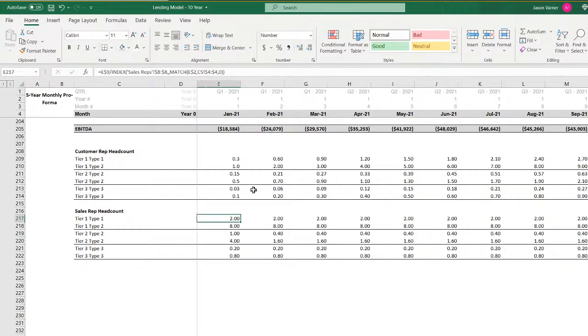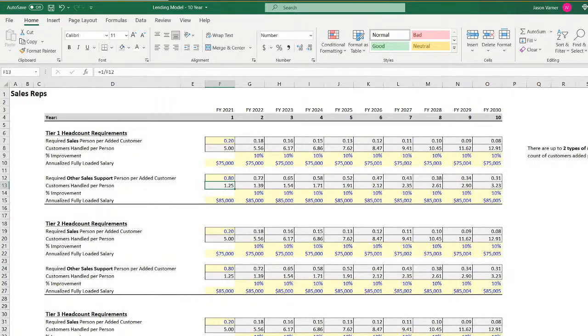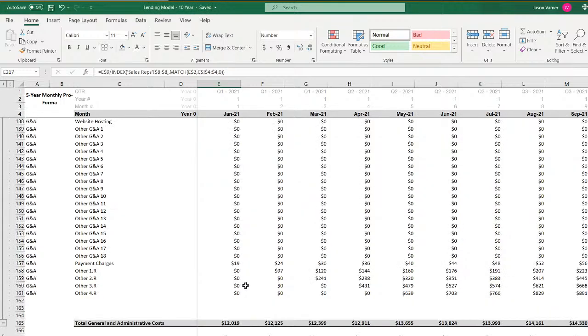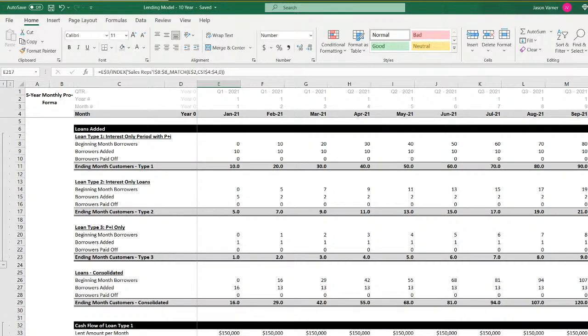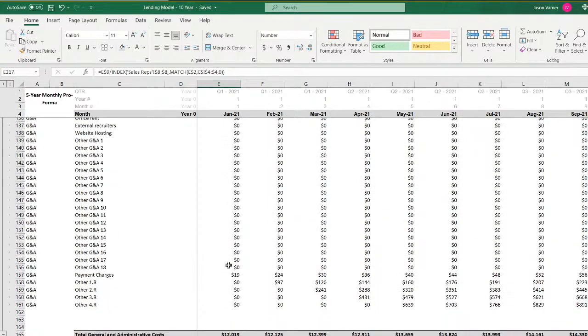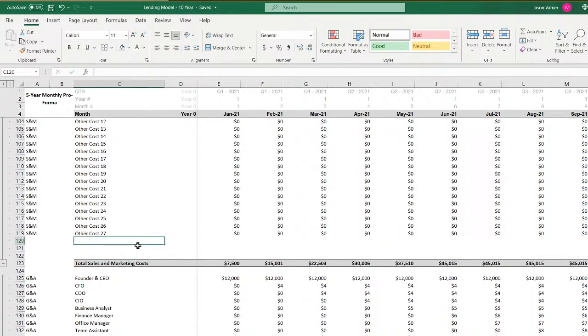Now I kept the reference to customer sales for the year because these are identical. They don't change, so that's not a big deal. Now we calculate the cost. So where am I? We'll do